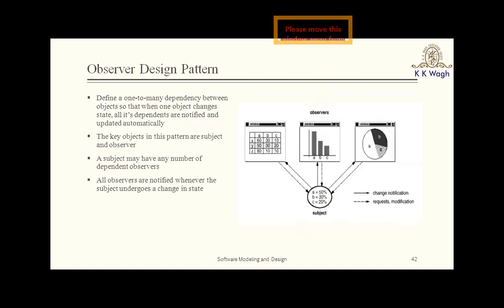Here is a software class-type example of the observer design pattern. Now see, the intent of using the observer pattern is to define a one-to-many dependency between objects, so that when one object changes state, all its dependents are notified and updated automatically. This pattern is also known as dependents or the publish and subscribe pattern as well. Now see this example.